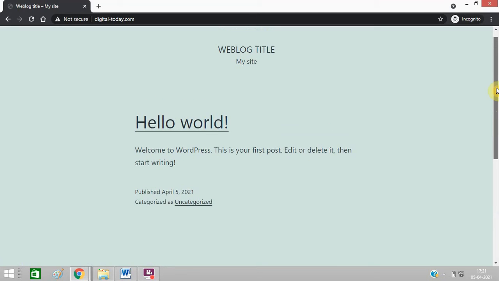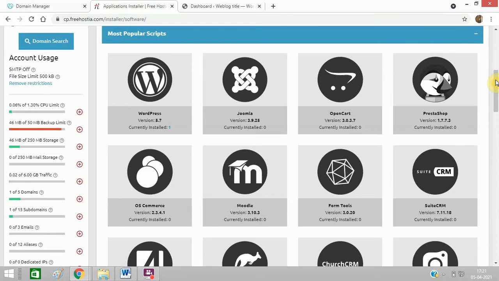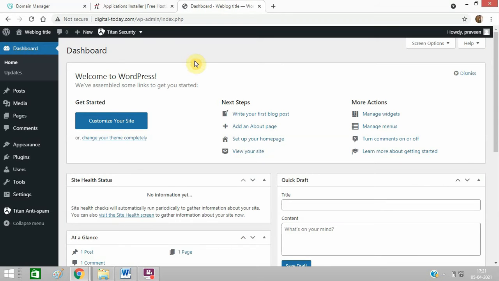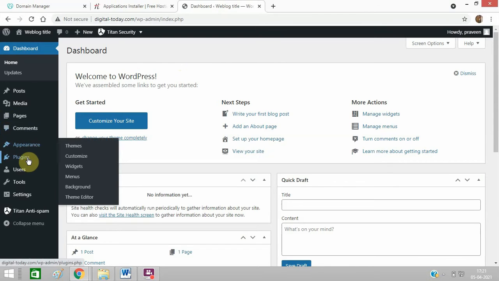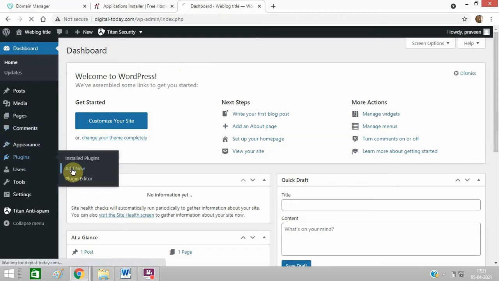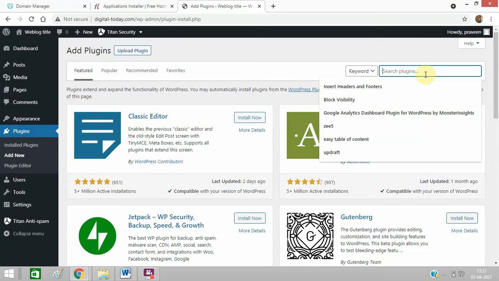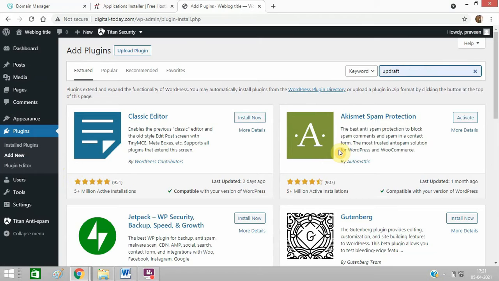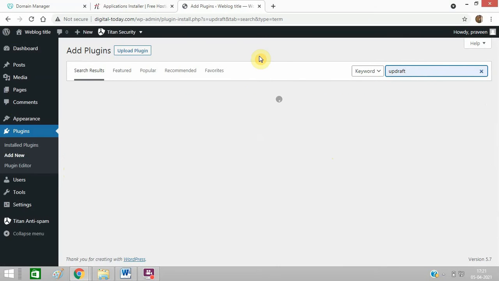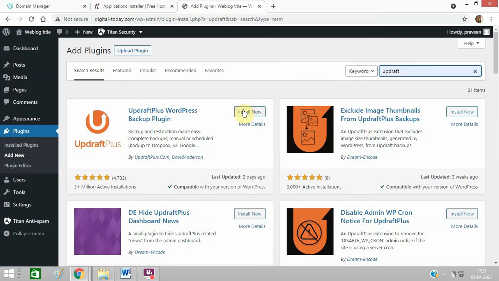So I will now upload the content of Updraft to my website. I just logged into the dashboard, and I need to go again to plugins and click on add new. The hosting is now changed completely, so I need to search Updraft and click install now.